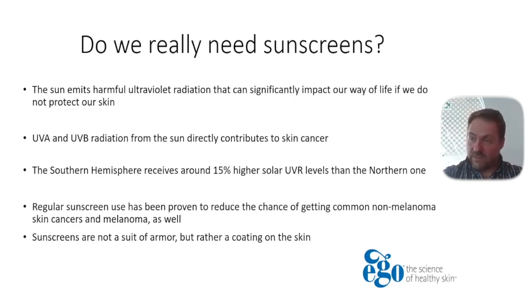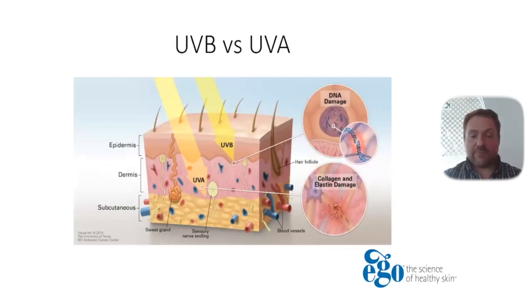All the other long sleeves, long pants, the hat, the sunglasses, the shade. These are all elements that absolutely minimize those chances. Just to explain why we're talking about UVA, UVB, and overall UV radiation, here is a visual diagram of the skin